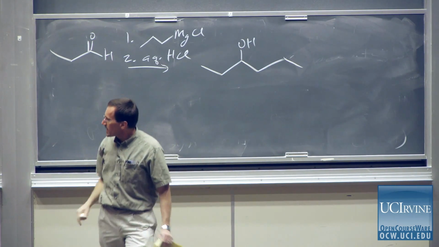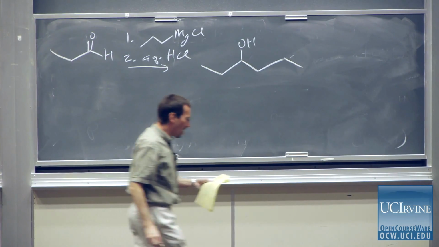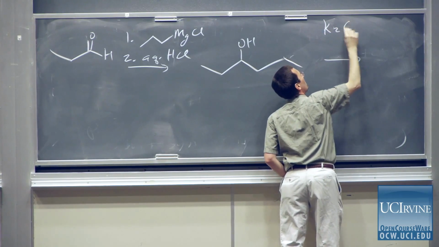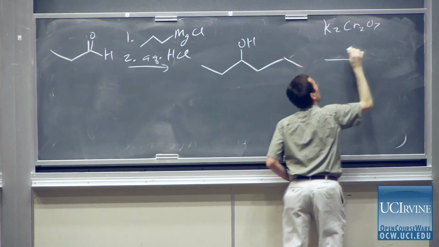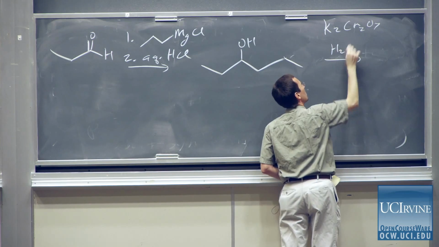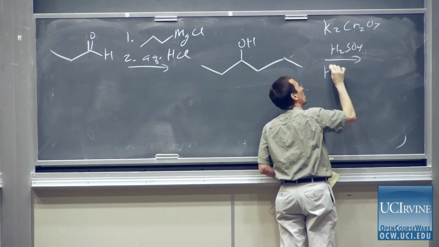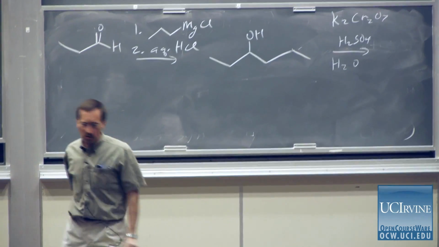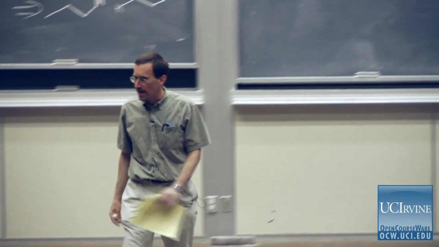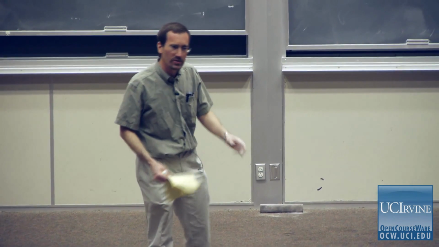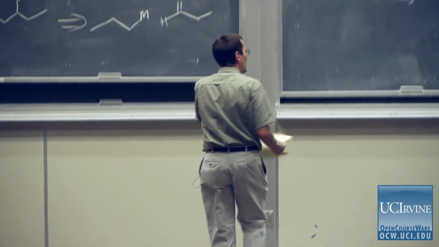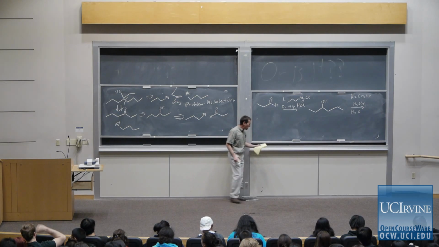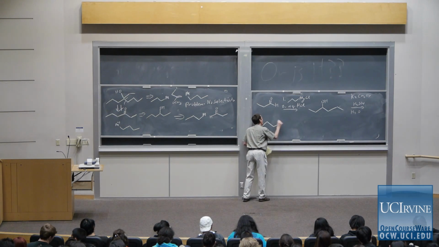I now am ready to oxidize my 3-hexanol. You learned lots of reactions last quarter for oxidation. They taught you potassium dichromate in sulfuric acid and water, sometimes called Jones reagent. There are many reagents based on chromium-6: sodium dichromate, chromium trioxide. There are lots of safer alternatives, including alternatives based on bleach. But we're going to use reactions that you know, so we're going to use potassium dichromate. Then, at that point, we have our